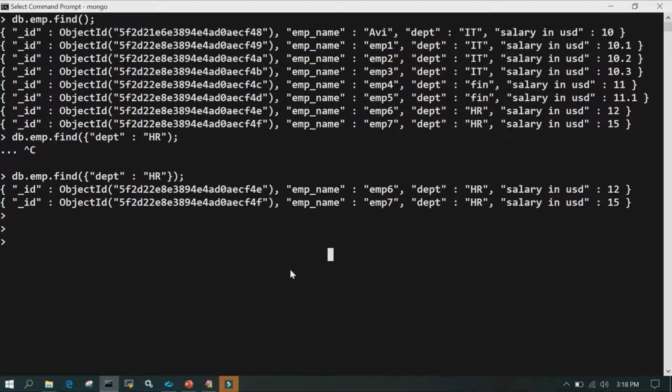less than, this kind of thing. So let us see who all are having salary greater than, let's say 11. So we will say db.emp. db is a keyword, emp is collection. Then we will say find, which is like search, and then curly brackets start. Then we will say we wanted to give the condition,